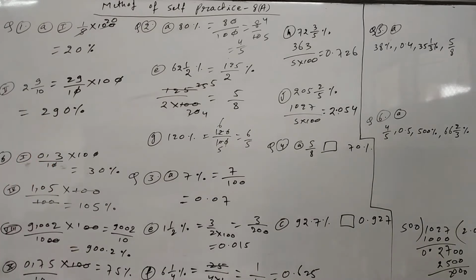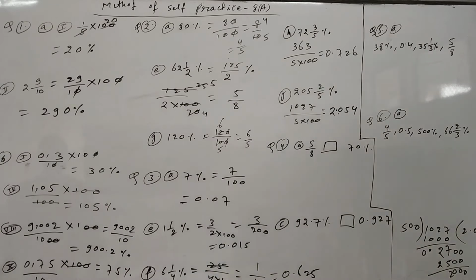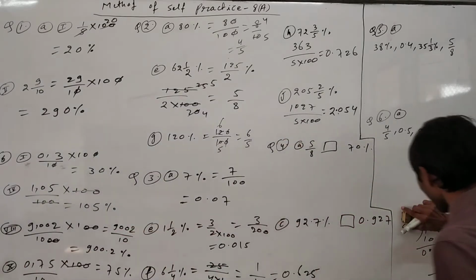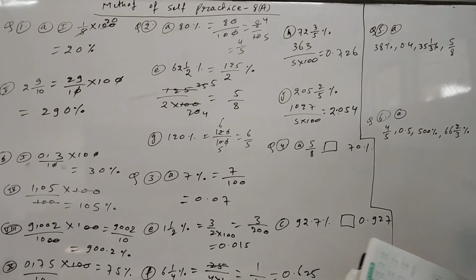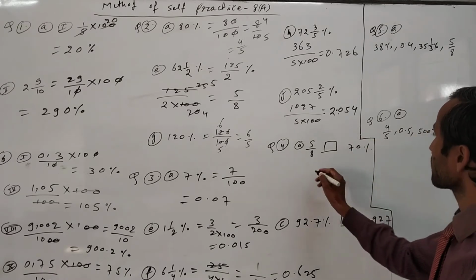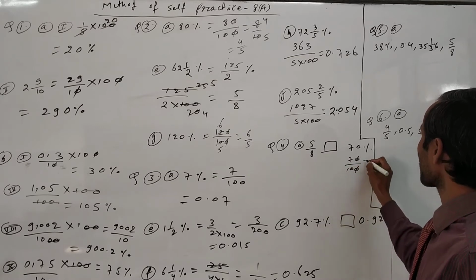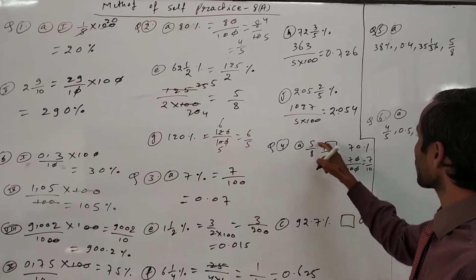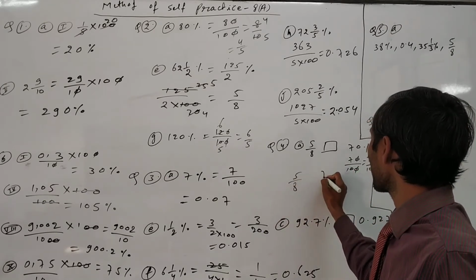Now in question number 4. So how will we do question number 4? In this question we have to compare, either greater than or less than. So for that, in this part, we will check which side is greater. One fraction is given and one percentage is given. So here convert this percentage into fraction. So it will come 70 upon 100. Now cancel out, it will come 7 upon 10. So both are in fraction. 5 upon 8 and here 7 upon 10.